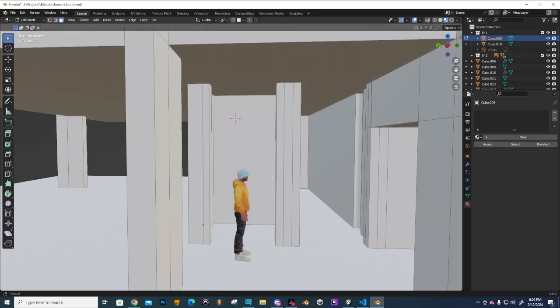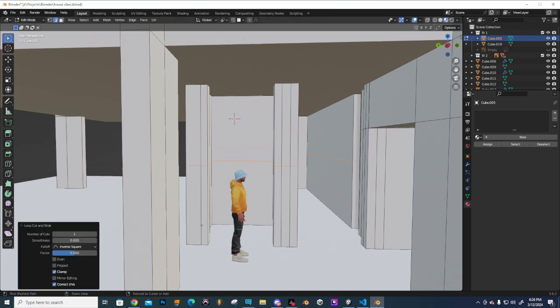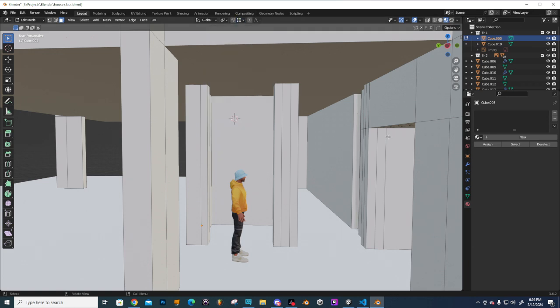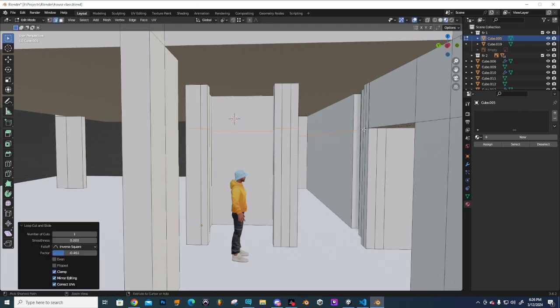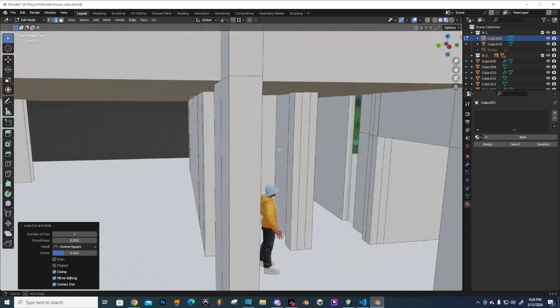Use him for good measure. Add in a loop cut. Maybe, you know what? Let's take that away. I didn't even need him, because this one right here is already set. So, loop cut and then snap that to this line here. There we go. So yeah, we're good